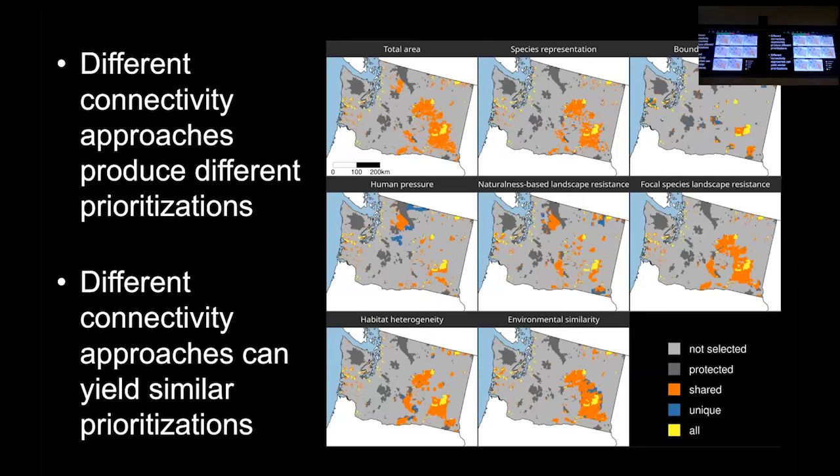But it may not be too suitable if you've got habitat specialists, because it's not accounting for the fact that if you have different habitat types, you might be doubling up on the same habitat type, so you're not really improving the connectivity of those specialists that are found in more costly areas. So the species representation approach says, let's try and improve the average amount of habitat for each species, given this extra 15 or 20% budget that we've allocated just for connectivity. And we do see some commonalities between these two, but these places down here are basically where the cheapest areas in the study area are. There's much fewer of those, and that spreads it out further to provide more habitat for species over here and up here.